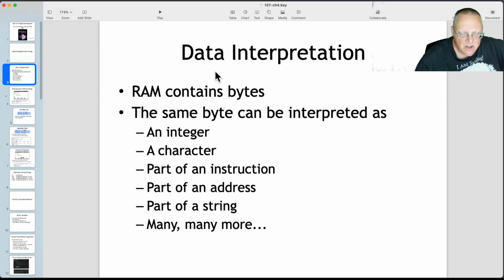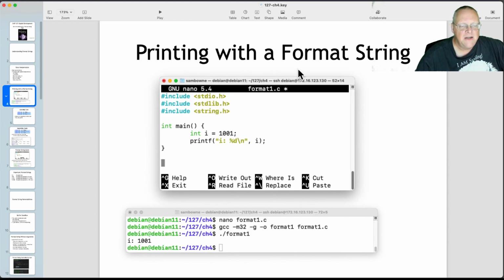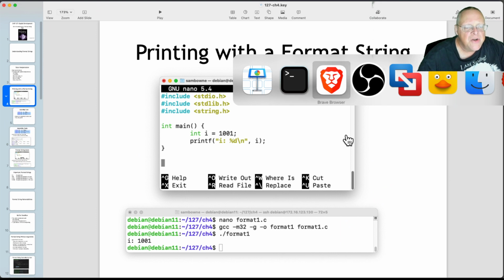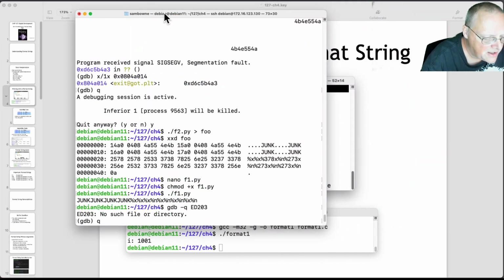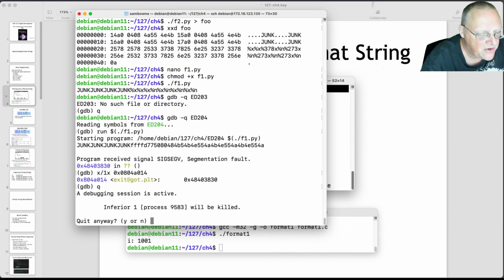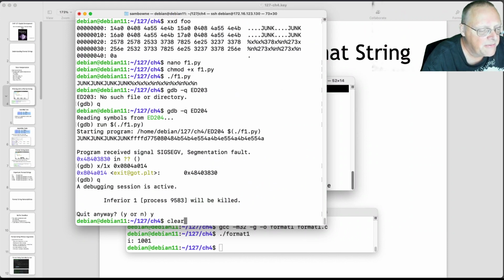So, all right, the fundamental problem with everything we're doing here is that data is stored as raw bytes, and your computer does not know what those bytes are. It doesn't know if it's an image or a program or text. So if you have data printed, let me just bring up my live demonstration here. All right, so here's my Debian machine, and let's see if I can get out of wherever I am. Okay, and clear.